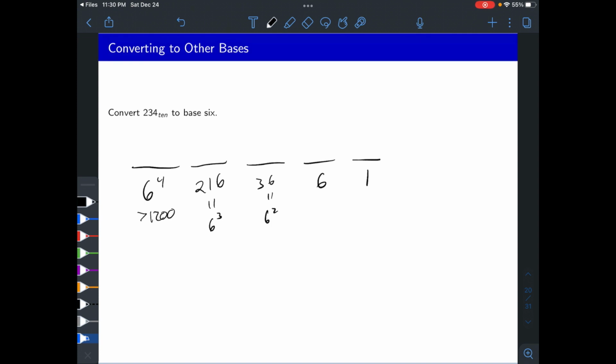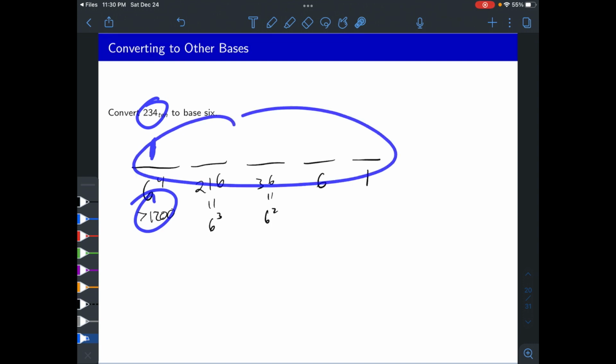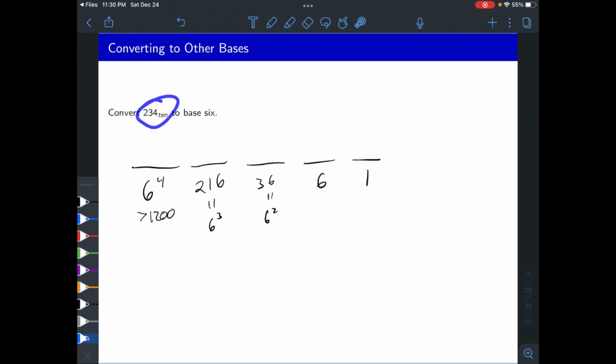It's going to be bigger than that number. So would this have a place value of 1 or bigger? Well, no, because if it did, then this whole number overall, even if this was 1000, would still be bigger than 1,200, and this number is considerably smaller than 1,200. So this is a 0. And